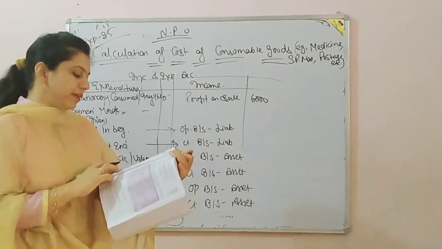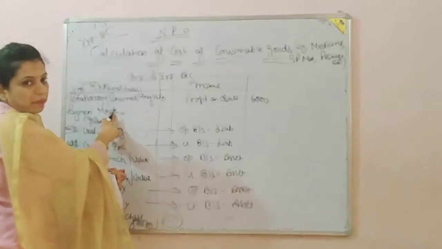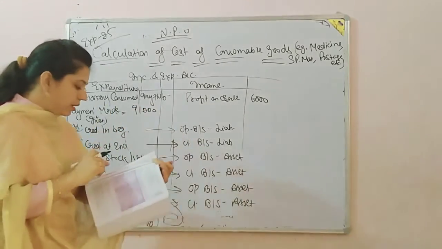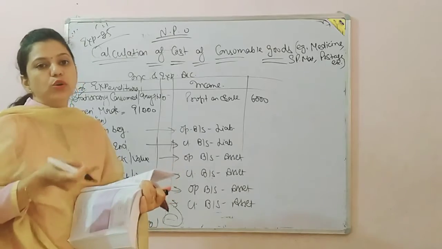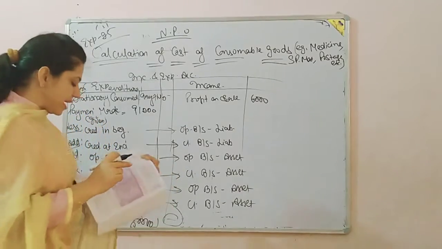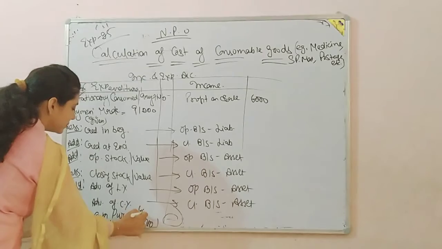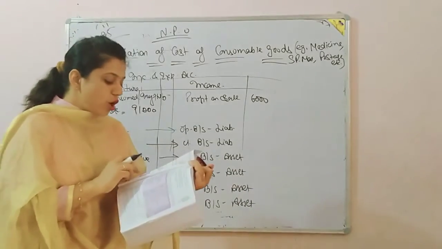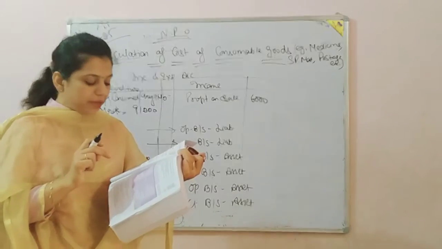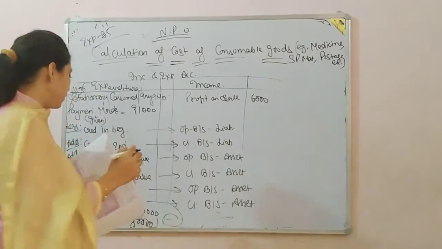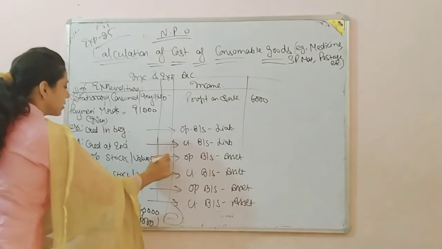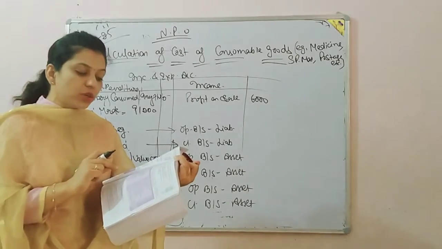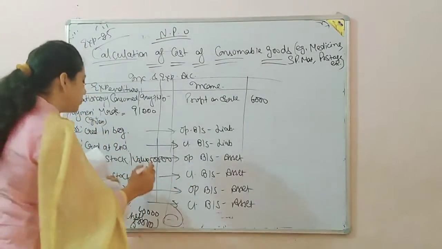Amount paid to creditors. We will start from the payment. So the amount paid is 91,000. Next, cash purchase. As I told you, purchase should be added, so cash purchase of 40,000 will be added. Stock of sports material: opening stock is there, so it should be added, 50,000. Stock of sports material in 2018 is closing stock, so it should be deducted, 55,000.